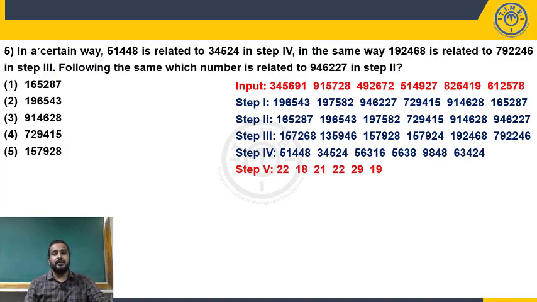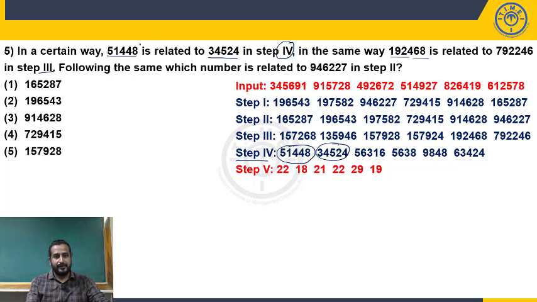It's like analogy kind of questions. In a certain way, 51448 is related to 34524 in step 4. Okay. In the same way, 192468 is related to 792246 in step 3. Okay. We have been given 2 clues. So let's identify the logic. First move to step 4. 51448 is related to 34524. How? 51448,